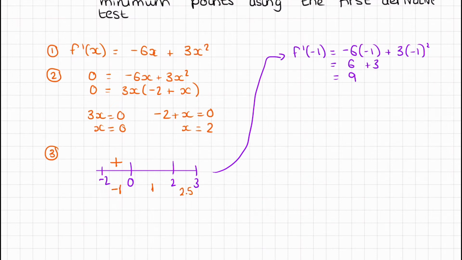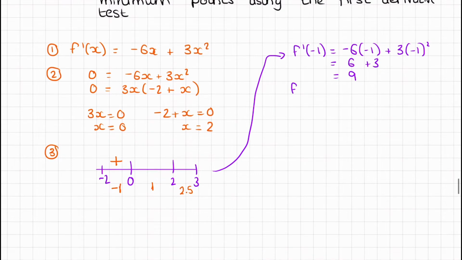Next, the number that I chose between 0 and 2 we're going to sub in, which was 1. So the derivative at 1 will be negative 6 times 1 plus 3 times 1 squared. Work this out, it will be negative 6 plus 3, which equals negative 3. Once again, the number doesn't matter. All that matters is if it's positive or negative. This case is negative. So between 0 and 2, the gradients are negative,